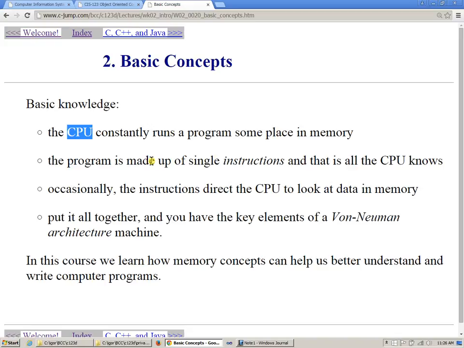But what it does, it constantly runs a program someplace in memory. What it means is that when your device is on, there is computer memory, which is basically space for some data, but that data is not necessarily numbers or text. The programs are also in memory, and your CPU constantly runs a program in memory. So what it means is that when you